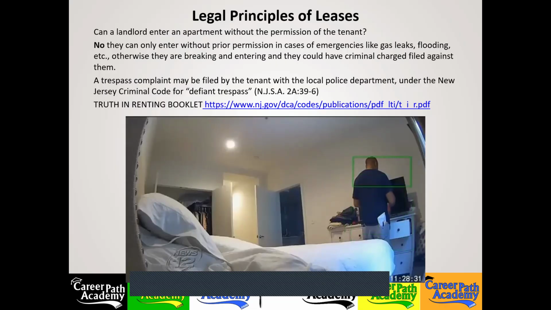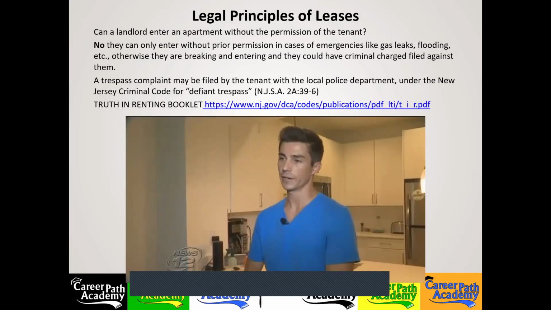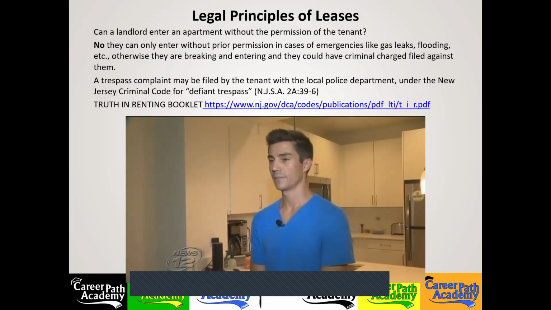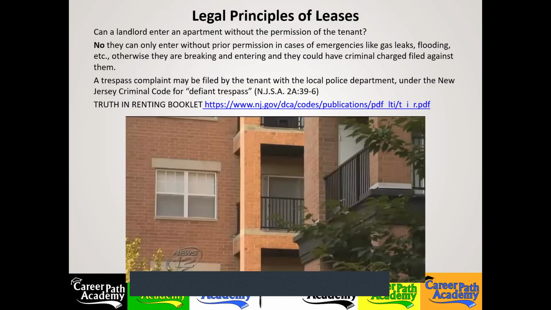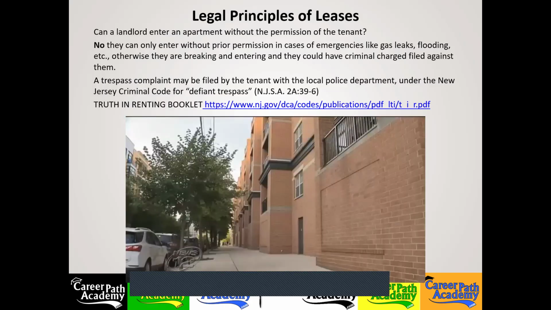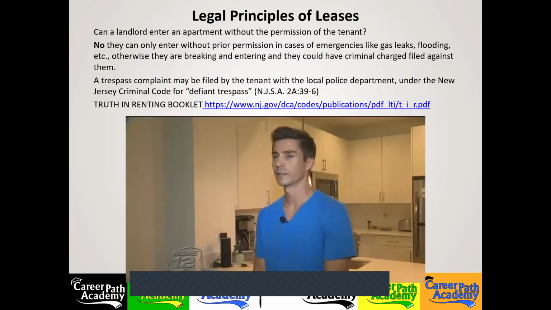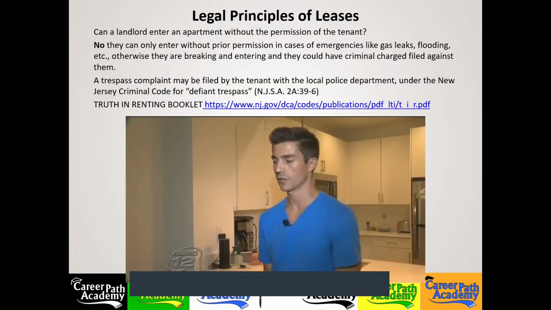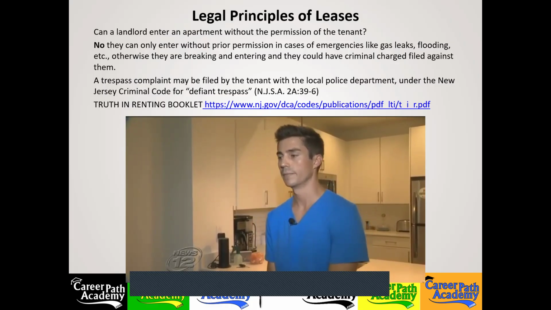Sacchetti says his fiance has been so upset by the situation, she's staying elsewhere for now. They filed a report with Hoboken police, but were told this. He had the right to be in here, and apparently anything that took place is not a crime. The two have been back and forth with Equity Apartments, who owns the complex, but says their responses have been lacking empathy. There's been some outreach from some sort of manager or something, I'm not exactly sure.